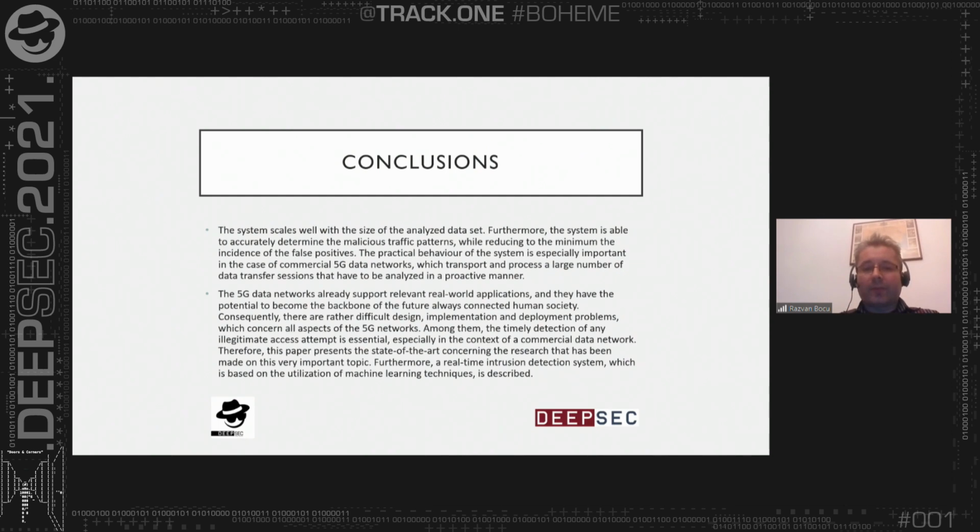And this real world behavior of the system is especially important in the case of commercial 5G data networks, which by their nature transport and